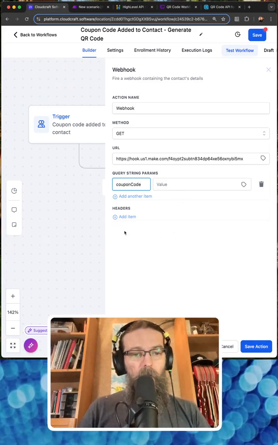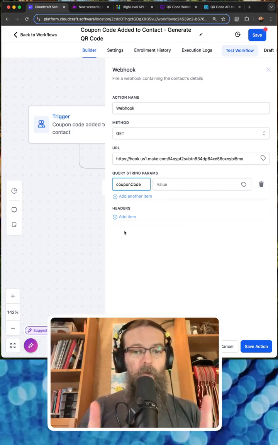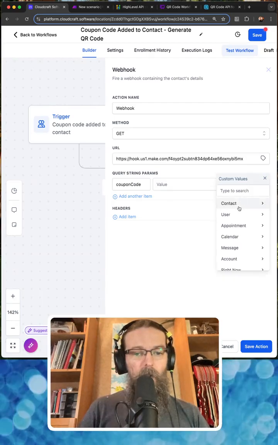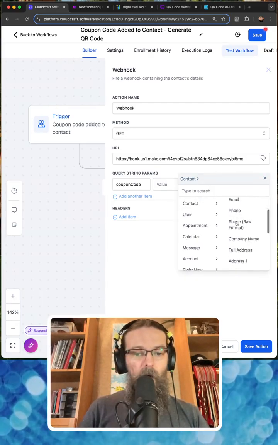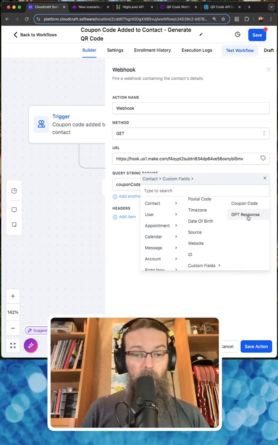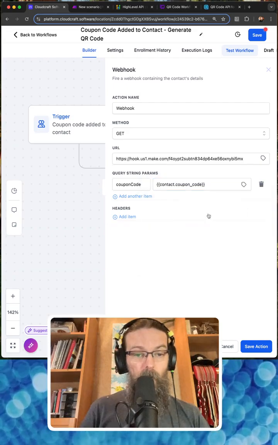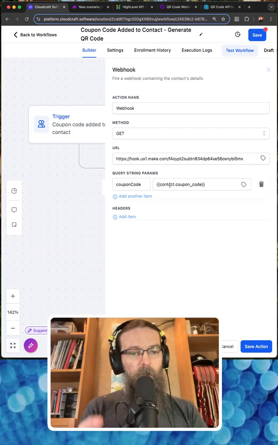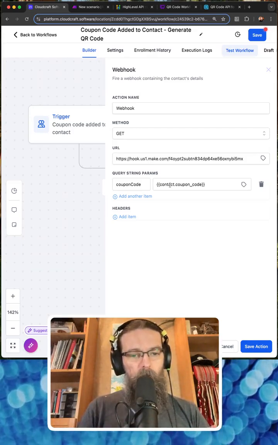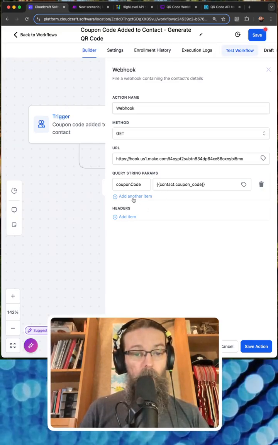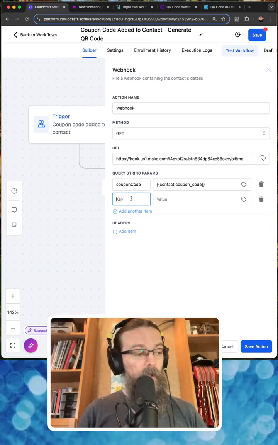And the cool thing about the automation system within a CRM like this is that if I click on this little tag, it's going to let me grab values off of the contact. So if we go all the way down here to custom fields, I can grab that coupon code now. So the coupon code that I've attached to the user is going to get attached to this URL when it goes out. I'm going to add one more thing because the other thing I need to do